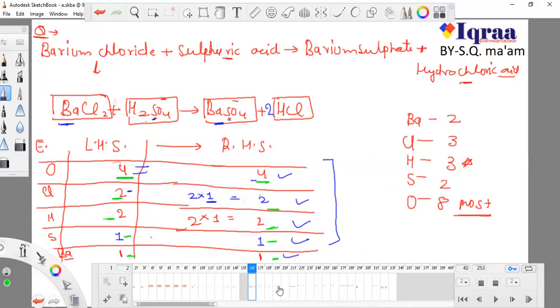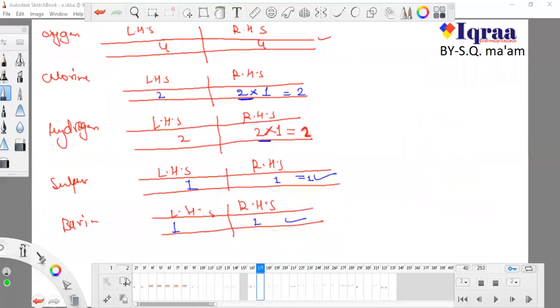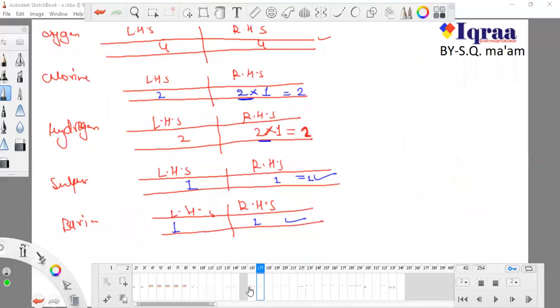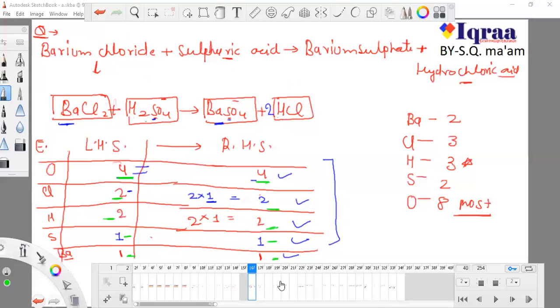The method is known as hit and trial method. Each and every time we are hitting with different numbers and trying to see whether it fits, whether it can give me my result, whether it can balance the equation for both sides or not. So this is my balanced chemical reaction. Here only one thing is changed, that is the 2, and the other things were already balanced. So this is how we can balance an equation.